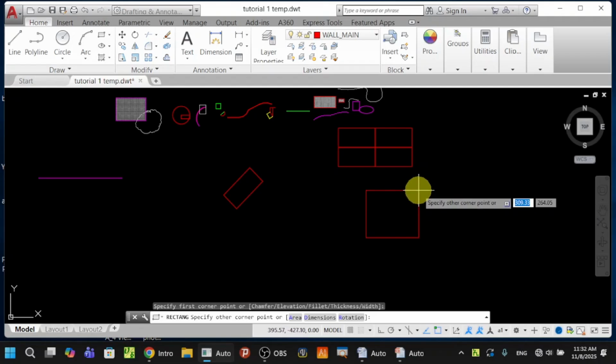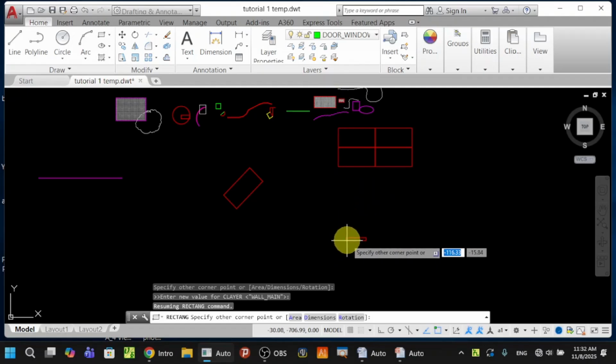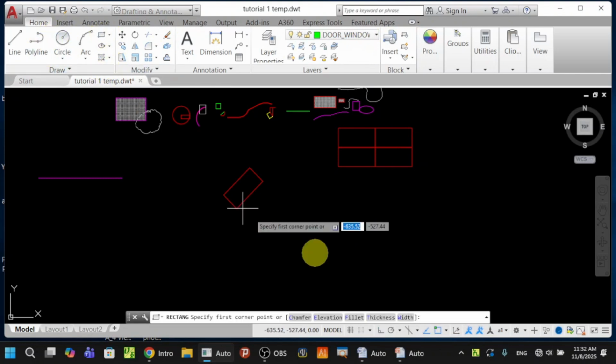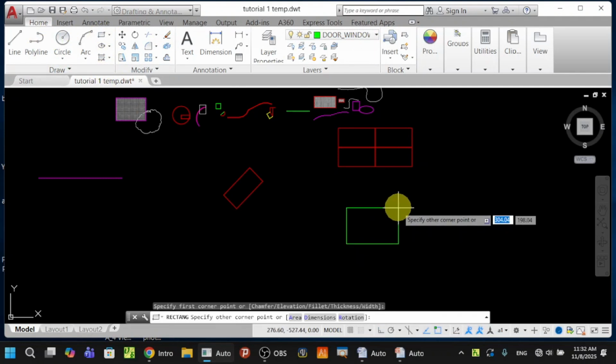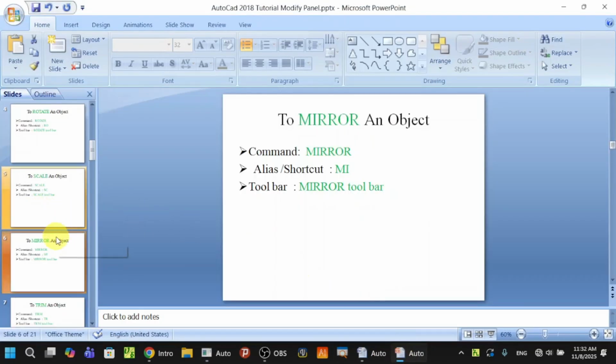Okay, let me be on furniture layer for next for door and walls. Delete this one. Okay, we have seen